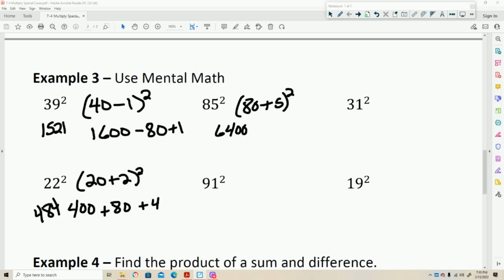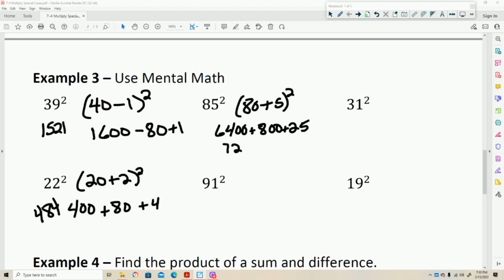Okay, and then we multiply this and by 2, you get 10 times 80. I get 800. We're adding. Okay, and then we square the 5, we get 25. And so we're going to add these three things together. We get 6400 plus 800, that's 7200, that's